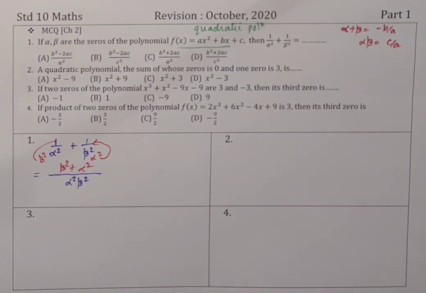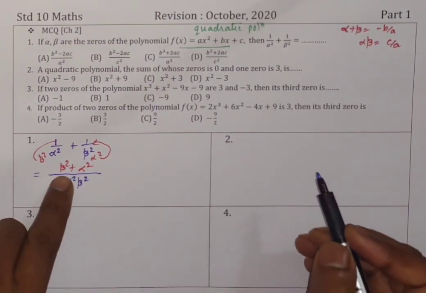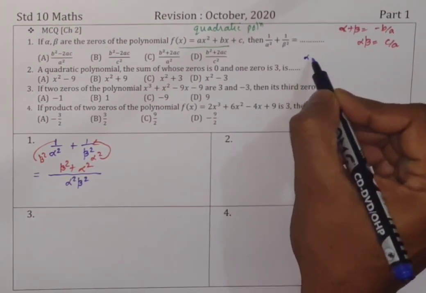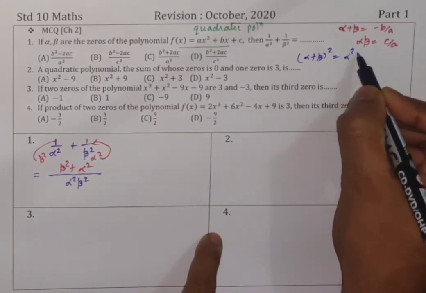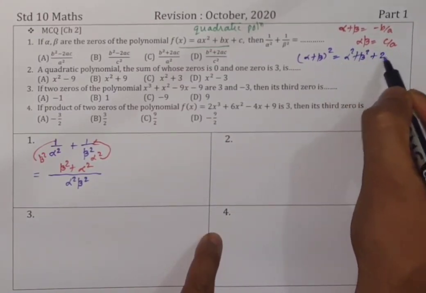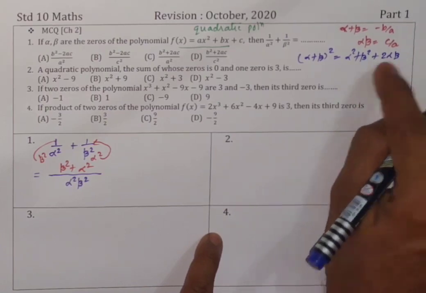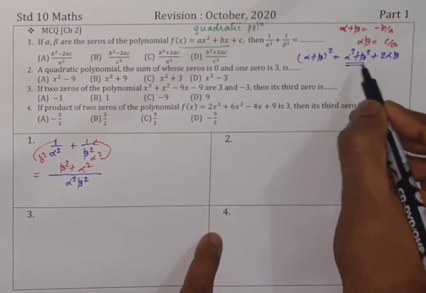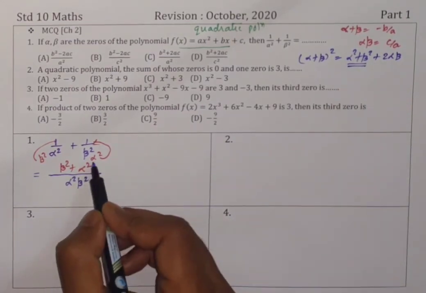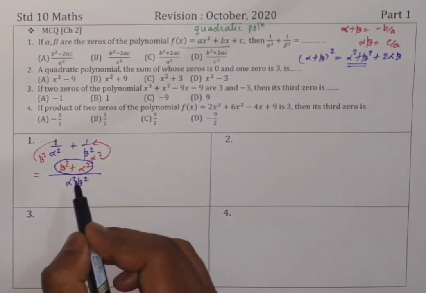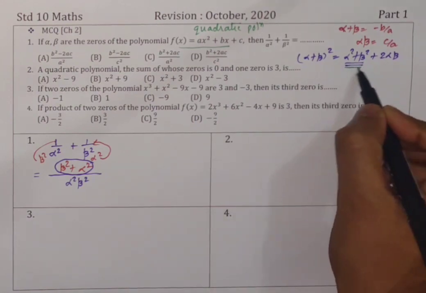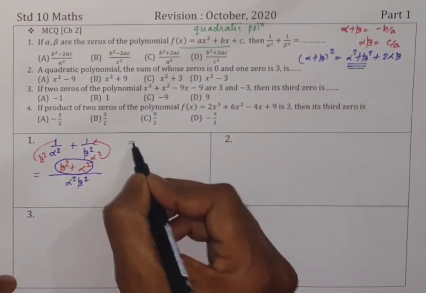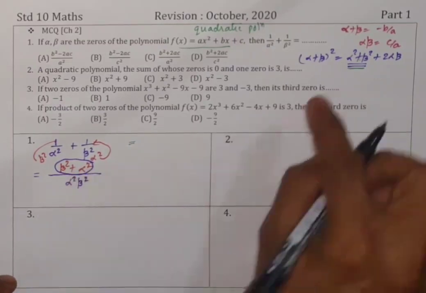Children, now there is one interesting replacement or substitution here. What is alpha plus beta whole square? Square of binomial. That is alpha square plus beta square plus 2 alpha into beta. The last term beta square I wrote in the second order. So what is alpha square plus beta square? Here you have alpha square plus beta square or beta square plus alpha square. You know addition is commutative. So I am going to substitute for this alpha square plus beta square.